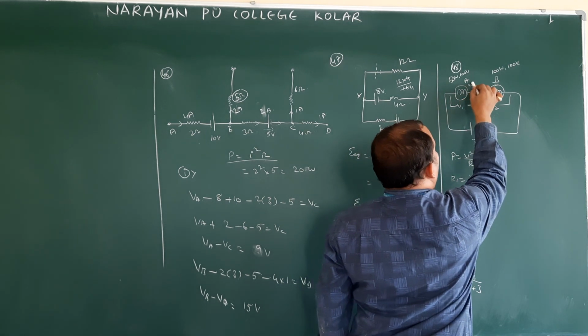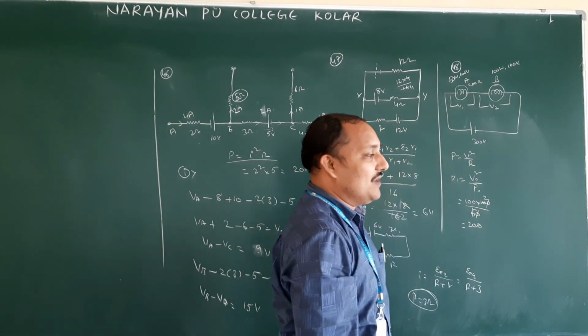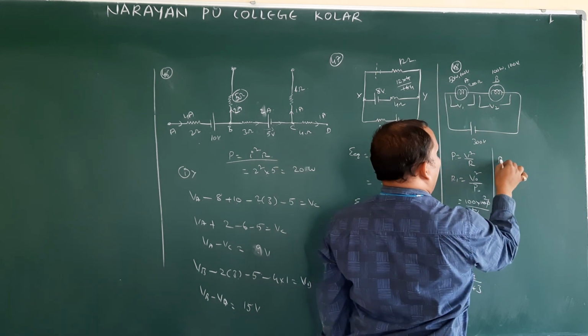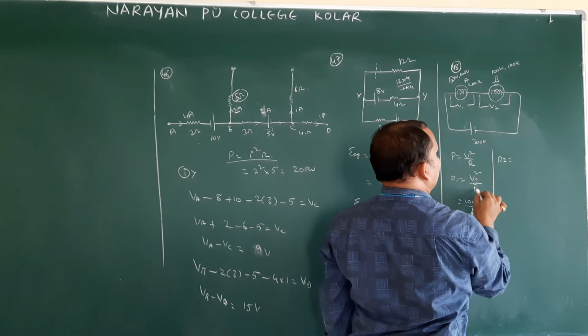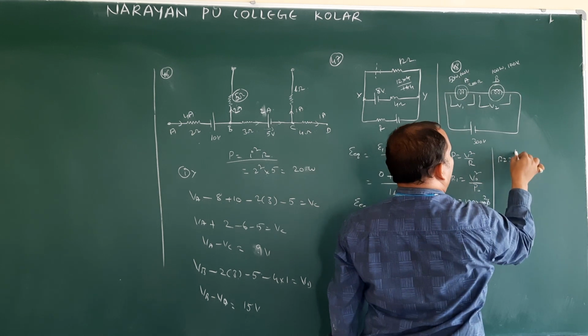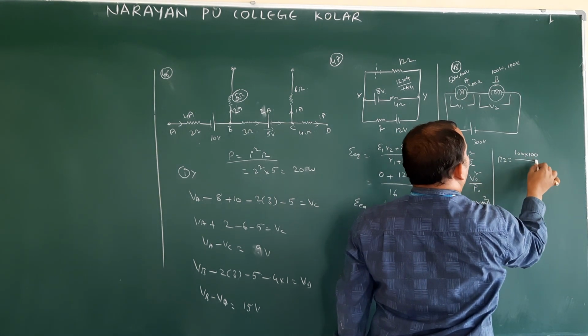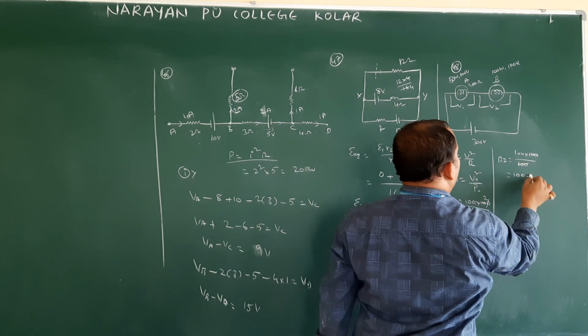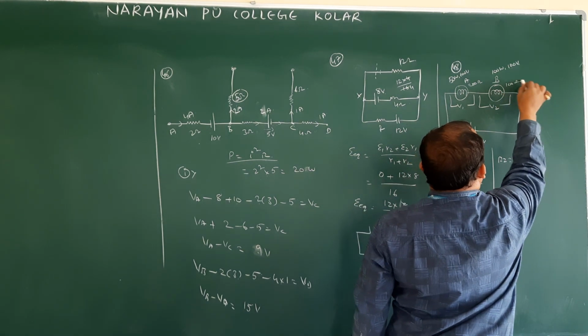200 volts. This resistance is 200 volts. Now this resistance, how much will it be? Now R2 is equal to the same, V0 square by P0. V0 value how much? 100 into 100 by P0 value 100. Therefore this resistance is 100 ohms.